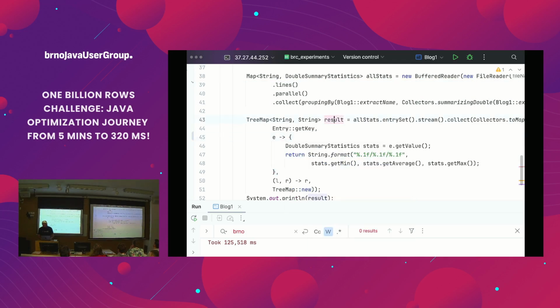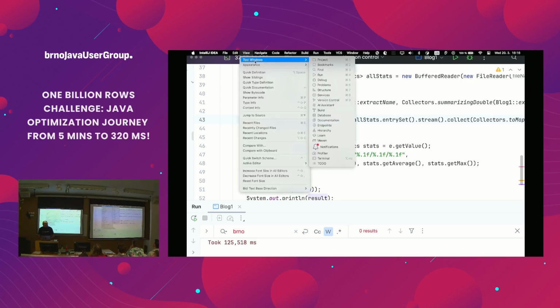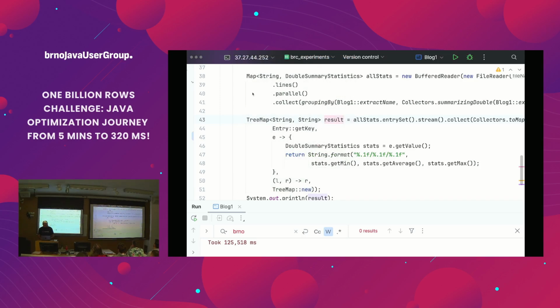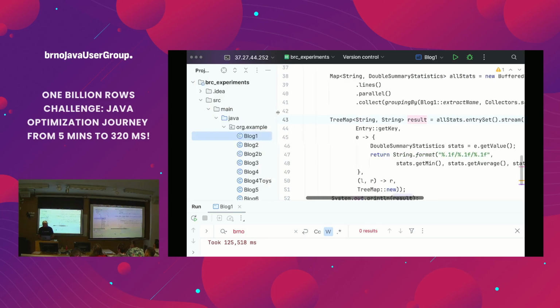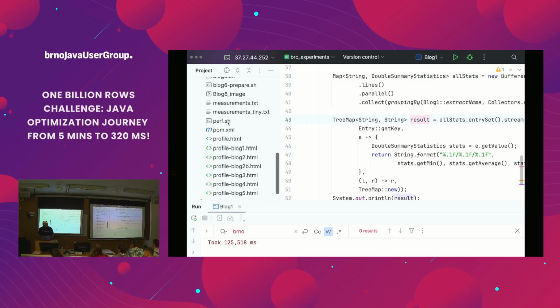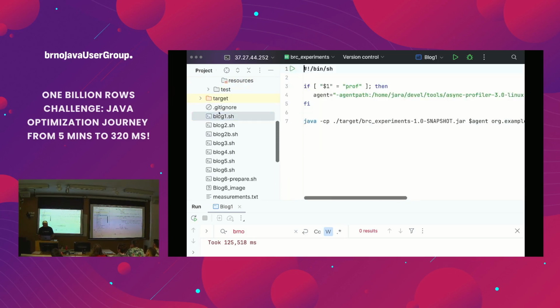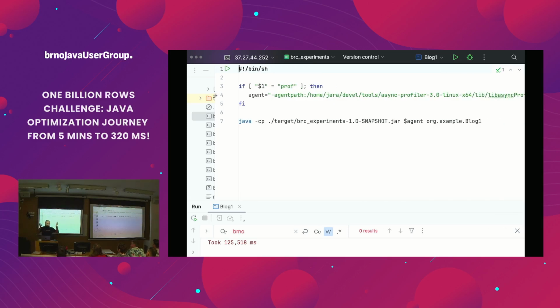Okay, so I have a script for starting the program. I have installed async-profiler, and installing is really not glorious, because it really means downloading a tarball and unzipping it, and that's it.